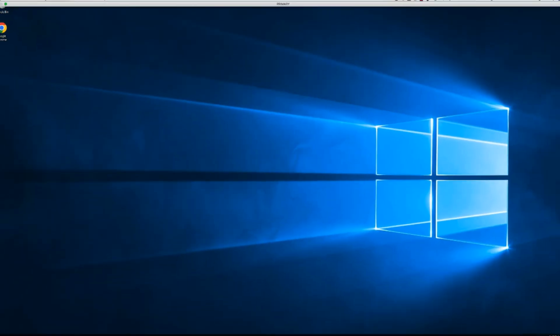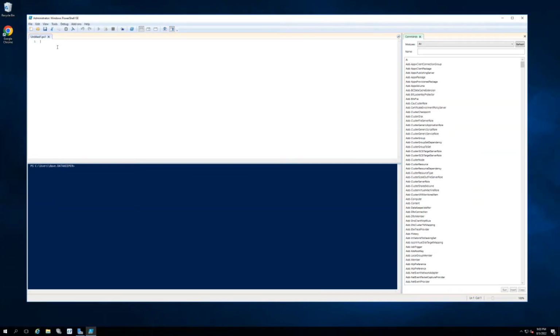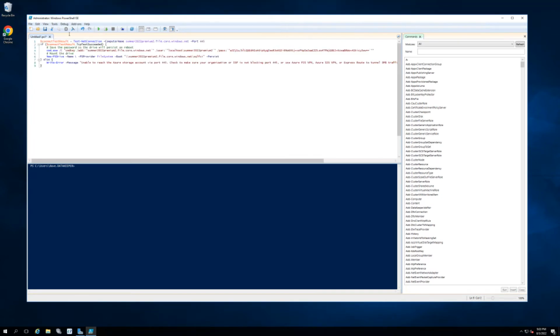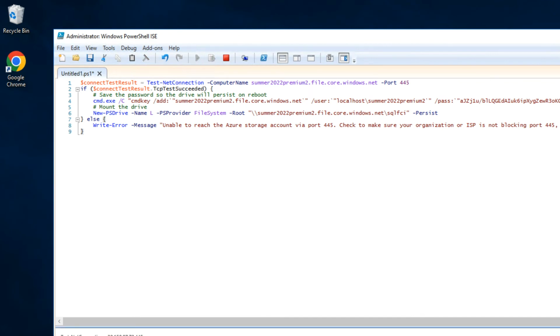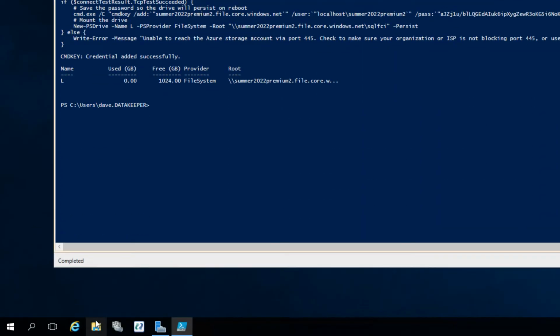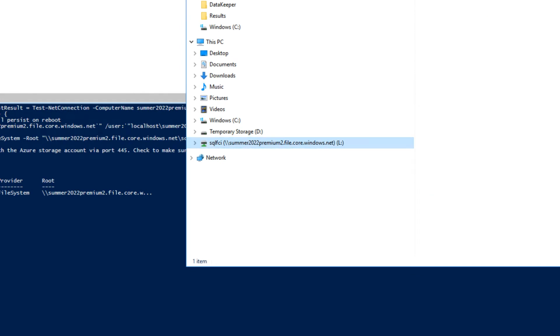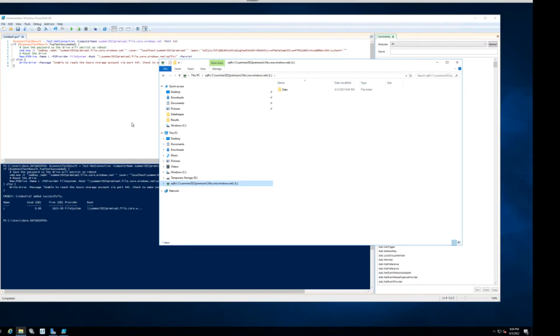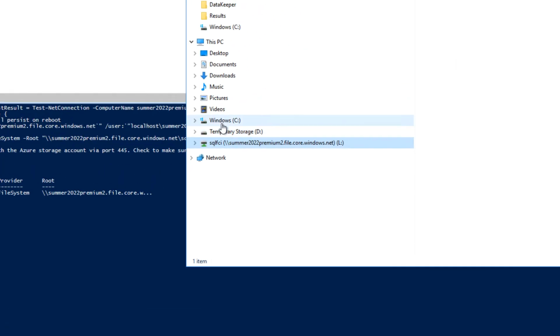Let's go back to this server and see what's going on. Okay, things are running a little bit smoother now on primary. So we'll go ahead and run this PowerShell script here. And there we go. Now we should see the L drive, and we should see that folder we already created. Yep, there's the data folder. So now we're ready to move on to the next step, which is installing SQL Server, which I think I have